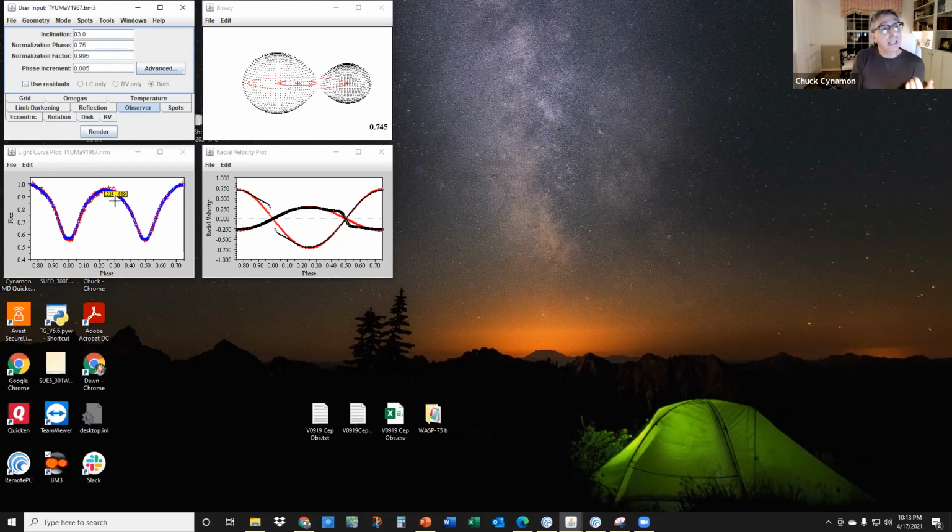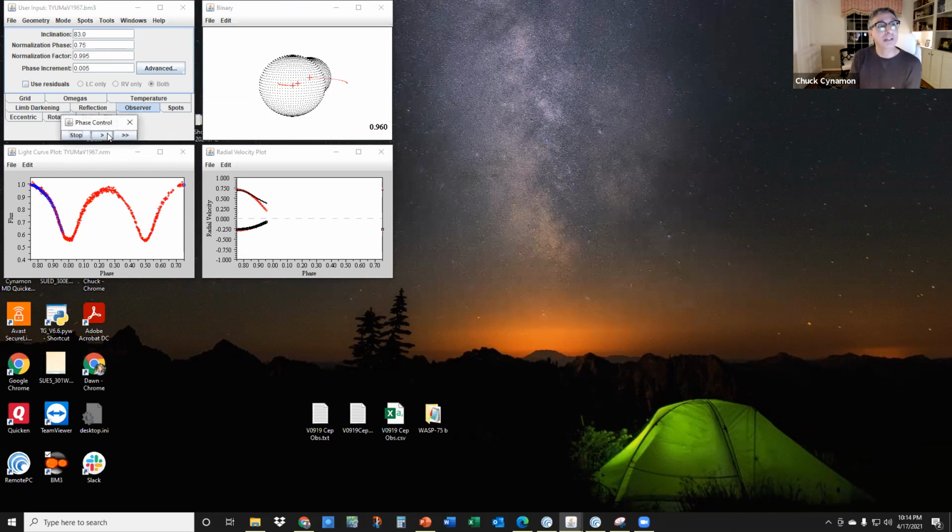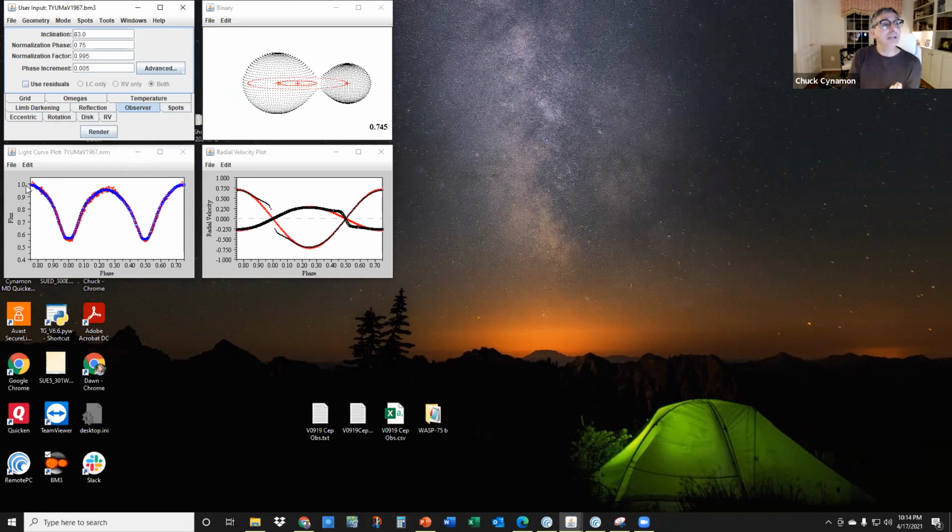The other thing that this program lets you do is take your particular light curve and do a comparison based upon what you've collected and what's known about this system. And then you can do a rendering. What this does is it basically runs you through the light curve, and you can see in the upper right it actually shows how the system is revolving around itself, where the center of mass is.